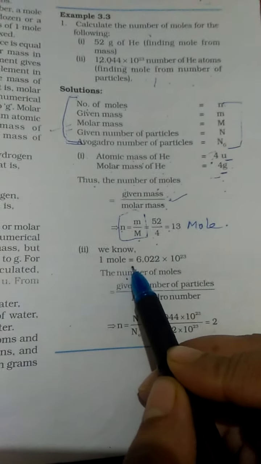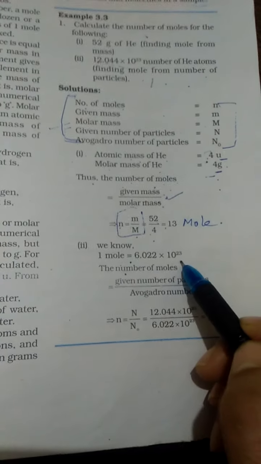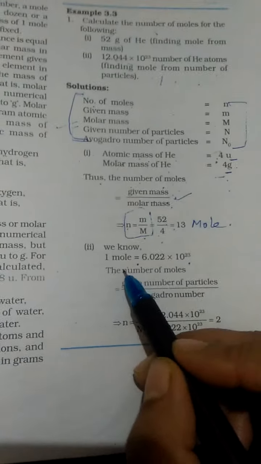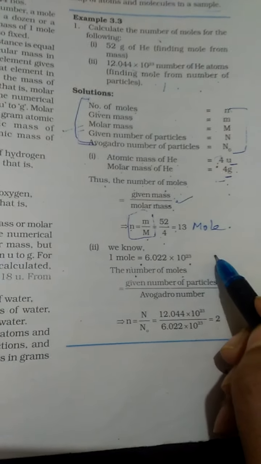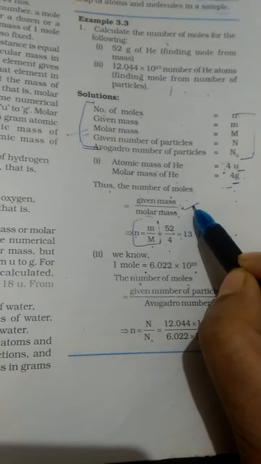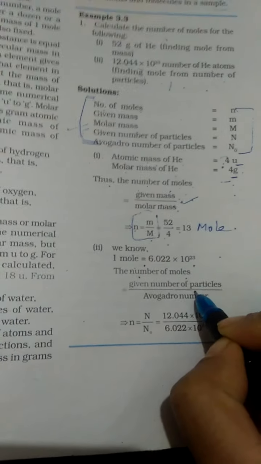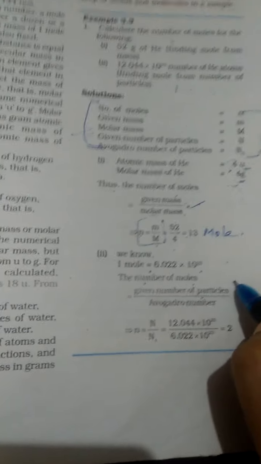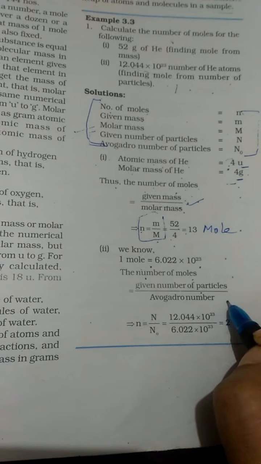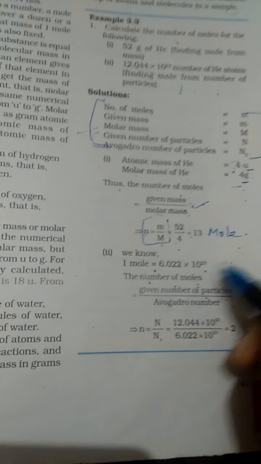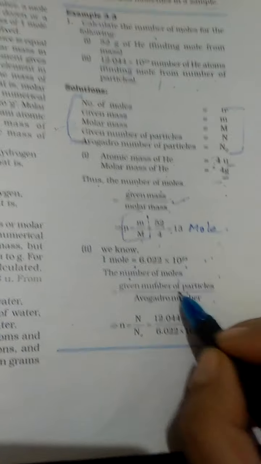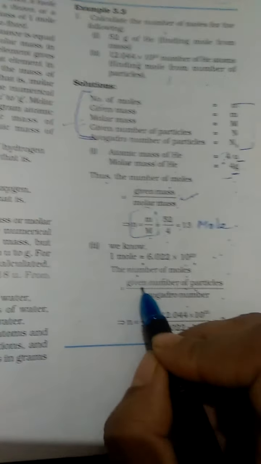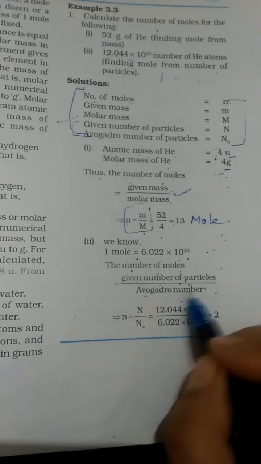Again, what is here, we will write down 1 mole is equal to Avogadro's number. Now the number of moles is equal to how much? Means go with the division method. Here also I have used the division method. Here also you will use the division method. This formula is meant to be written in the paper. Otherwise when you will go directly, you will just see that the formula which I have given, they are following the same formula. So given number of particles upon Avogadro's number.